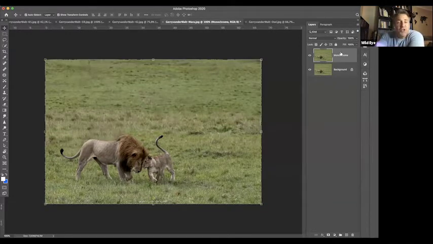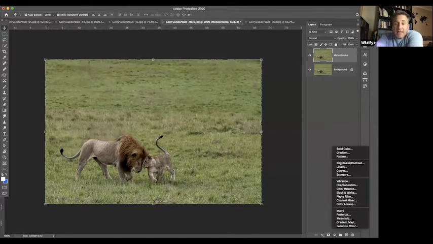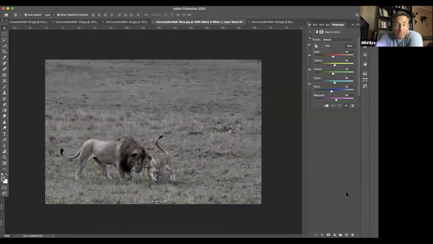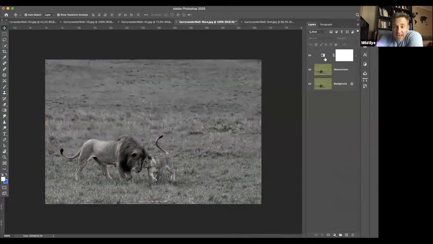So just for visual effect, for you guys to understand, I'm now going to take this layer. If you want to do adjustments inside of Photoshop, in Lightroom you've got the sliders on the right-hand side. Here, you drop down, down, down, and you get this icon here. You see that? I click on that, and here's all the adjustments that I can do. Remember, guys, we're not going deep. We're going top level on these things. So I'm going to say black and white. I now have created a black and white version from the top.